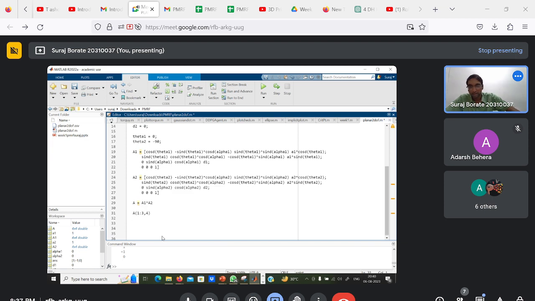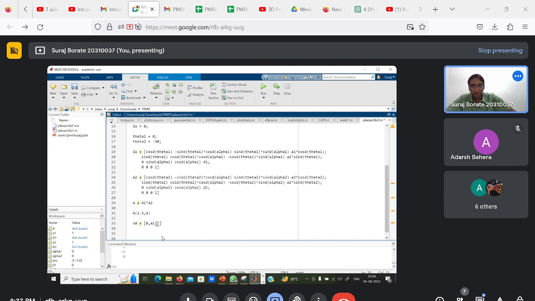Let's have all the points. Let's have all the x coordinates. The first one will be 0, right? Second will be the x coordinate of the